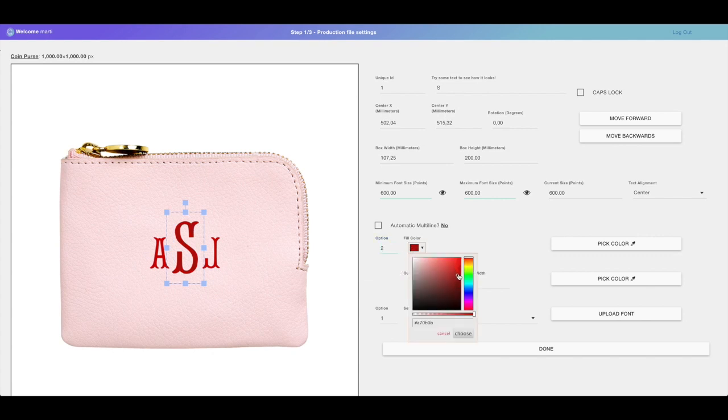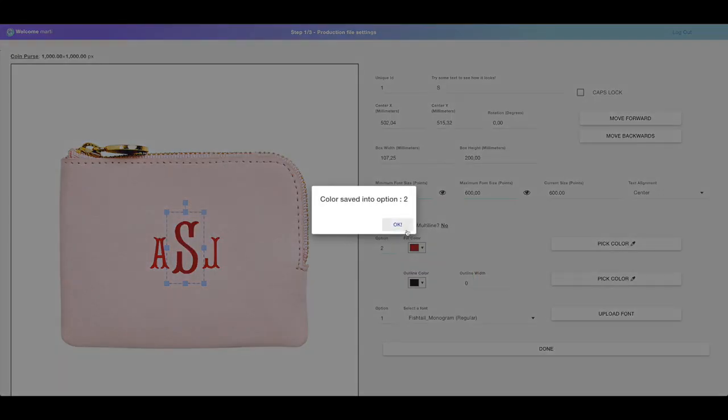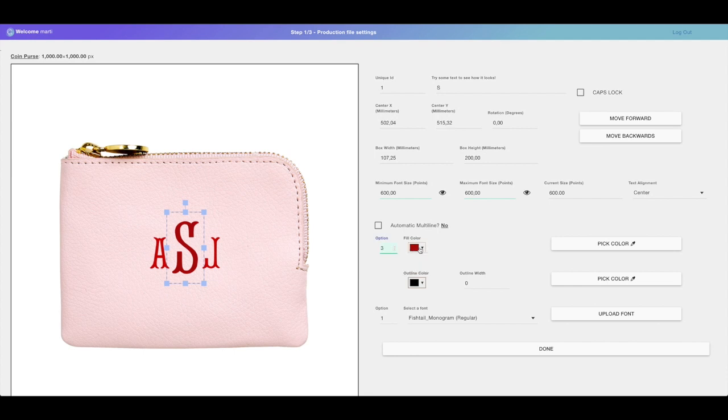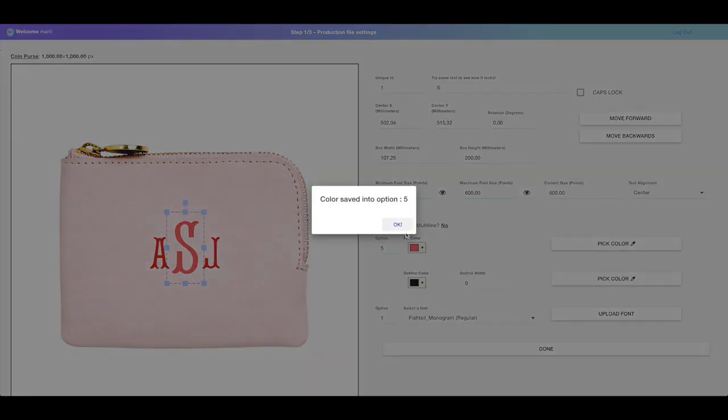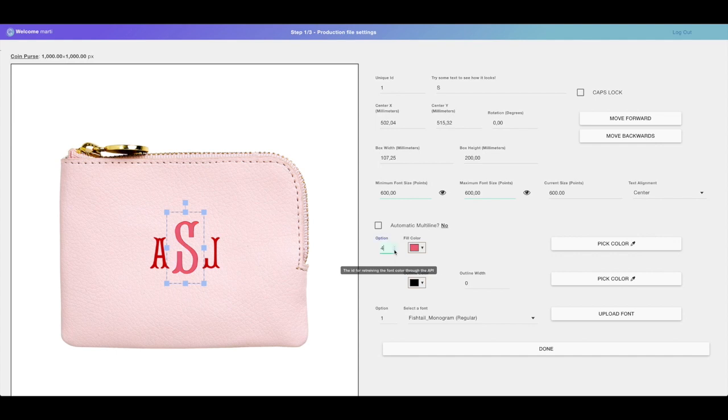I'm going to make it a little darker, then choose, and it's saved into option number 2 automatically. And then I'll move forward with the other options. So now that I have my 5 different color options,